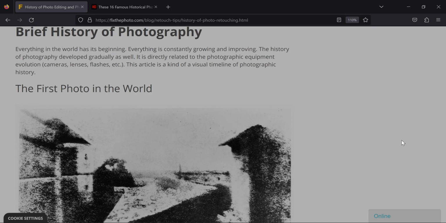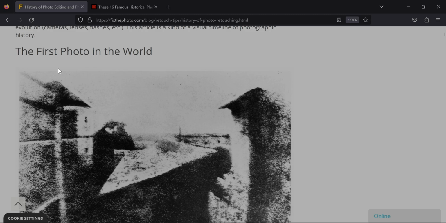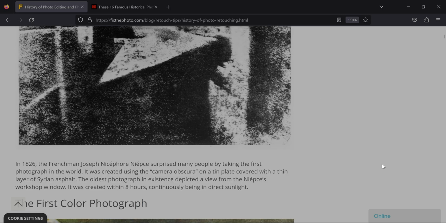So before we kick off with those photos, I'm going to quickly go through the brief history of photography and just show you when photo editing first started to really become a thing. Now, this was actually the first photo in the world. It was taken in 1826 by this Frenchman, using a camera obscura, on a tin plate covered with a thin layer of Syrian asphalt. This photo depicted a view from this guy's workshop window, and it was created within 8 hours, continuously being